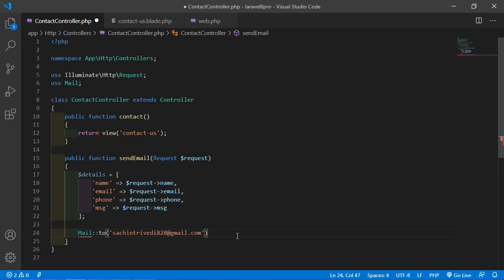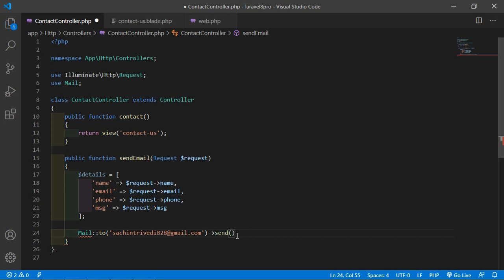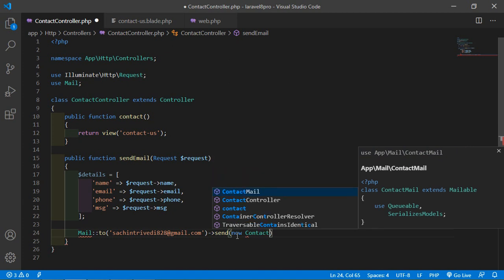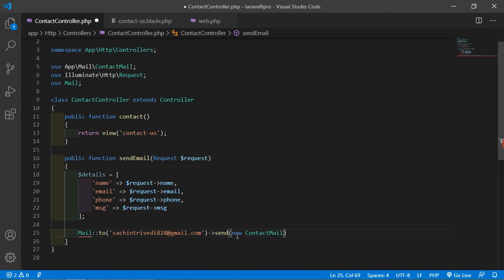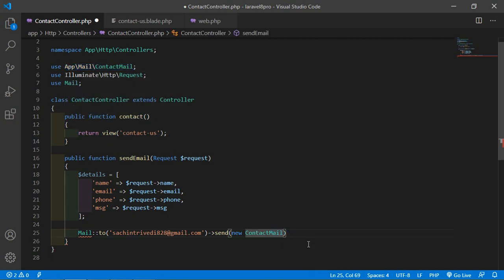Alright, and now just call here a send, and inside this just write here new ContactMail. Also add here the ContactMail, so just write here use App\Mail\ContactMail. Okay, now inside this just pass this details array.